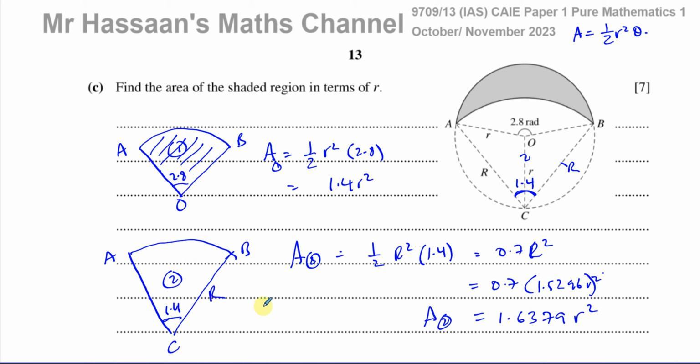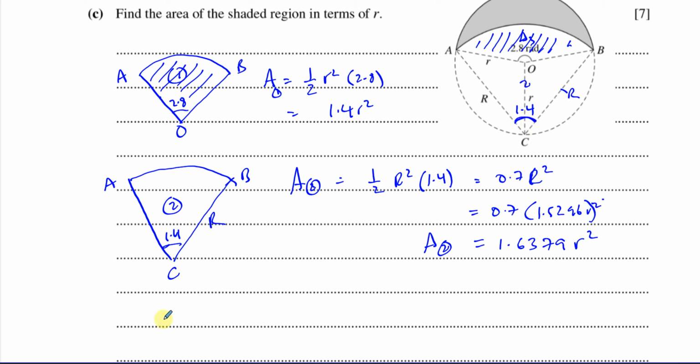Now what I need to do is find what this area is. I need to subtract this area from the main area here. So basically, if I can find what this area is, I'm going to call it area 3. Now area 3 is going to be equal to area 2 minus the area of these two triangles, minus 2 times, let's say, the triangle AOC. Why? Because these two triangles are congruent. So I can find the area of one of these triangles, multiply by 2, take it away from the whole